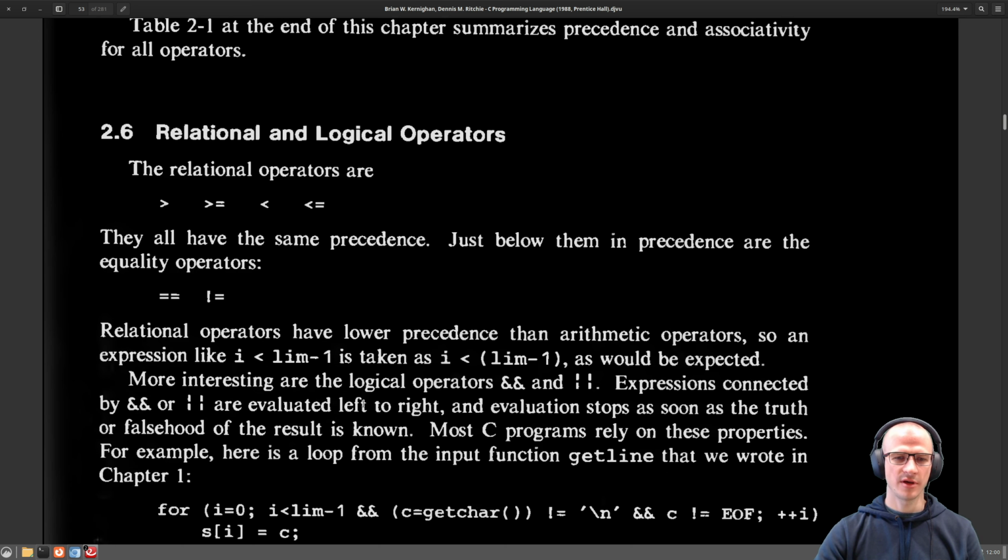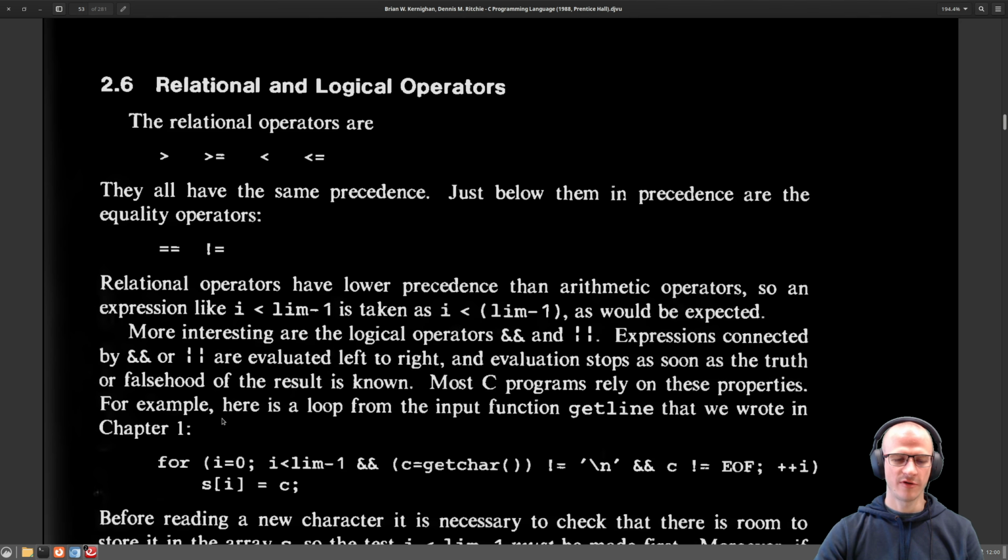For example, here is the loop from the input function getline that we wrote in chapter 1. for (i = 0; i < lim - 1 && (c = getchar()) != '\n' && c != EOF; ++i)